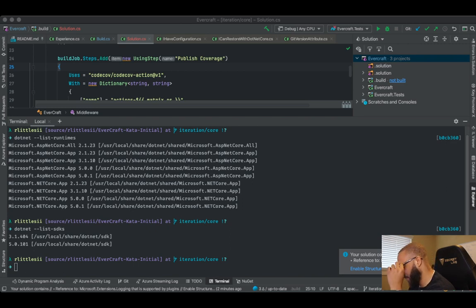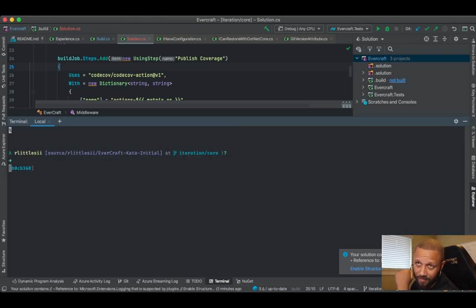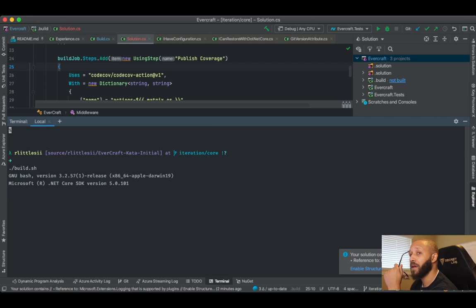Alright, it's just installing stuff. And it's done. Yay. Move it to the trash. Now if I do a reset and build,